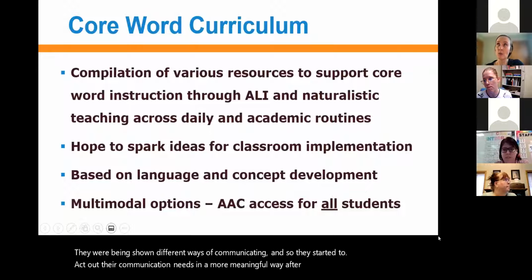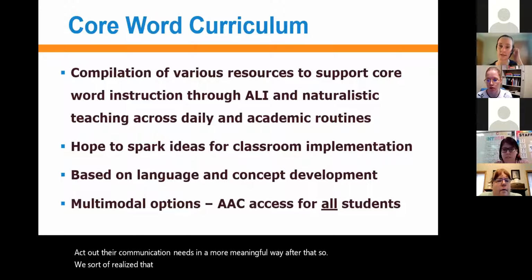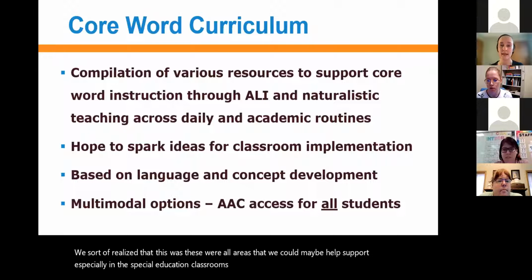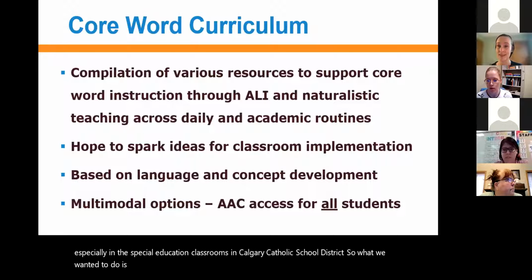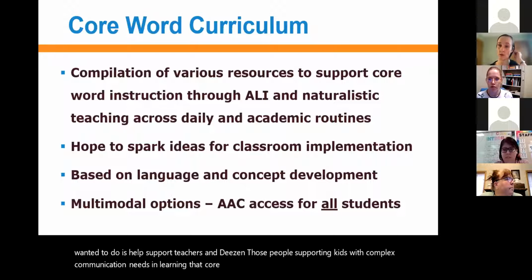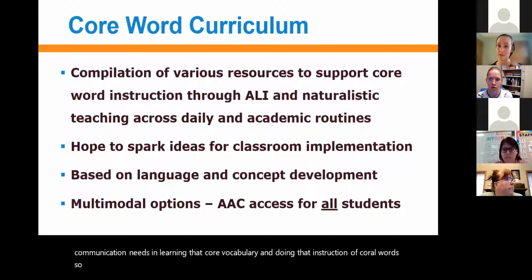So we sort of realized that these were all areas that we could maybe help support, especially in the special education classrooms in Calgary Catholic School District. So what we wanted to do is help support teachers and EAs and those people supporting kids with complex communication needs in learning that core vocabulary and doing that instruction of core words, so that you kind of have a foundation of something that you can do even in our